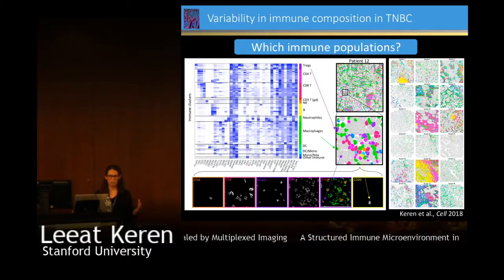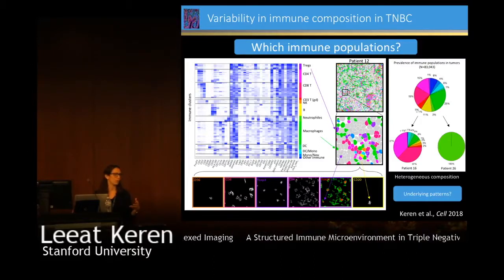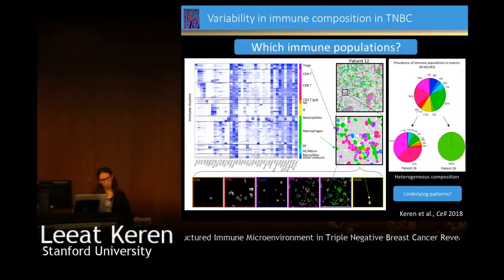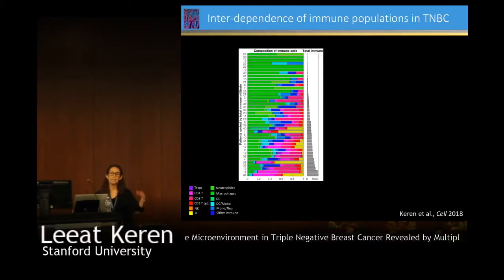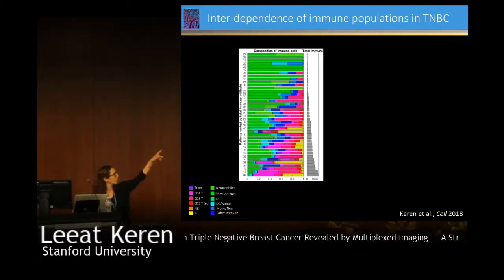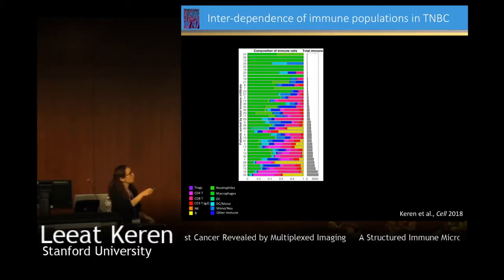And so we wanted to try and find some underlying patterns. Why do we see predominantly macrophages in some tumors and predominantly T cells in others? And so the first analysis we did was to take all of our patients and basically rank them by their total immune infiltration. And you can see that this again is highly heterogeneous. So we have patients here at the top that have hardly any immune infiltrate,